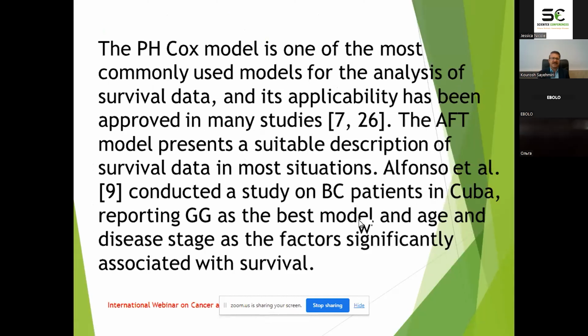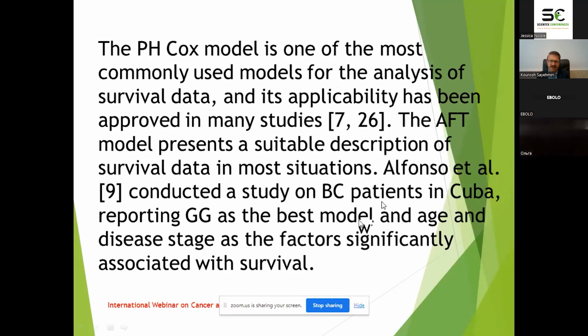The Cox PH model is one of the most commonly used models for analysis of survival data, and its applicability has been approved in many studies. As you know, Cox was a scientist, and his research has the highest citation in science. The AFT models present a sociable description of the survival data in most situations. Several researchers use the AFT models, and